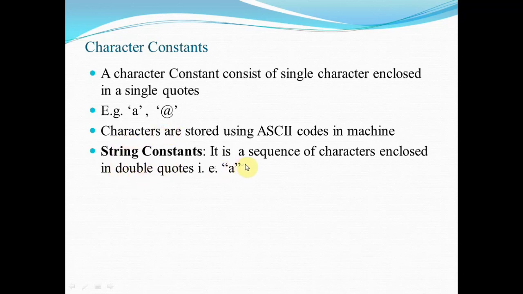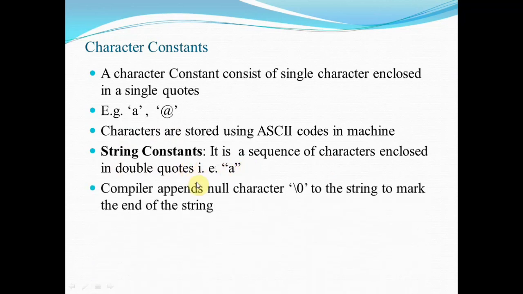Now the last type of constants are the string constants. A string constant is a sequence of characters, but now they are enclosed in double quotes. So this is an example. If you write the letter A in double quotes, it will be treated as a string constant. Now the compiler appends the null character, or \0, at the end of the string to indicate the end of the string.